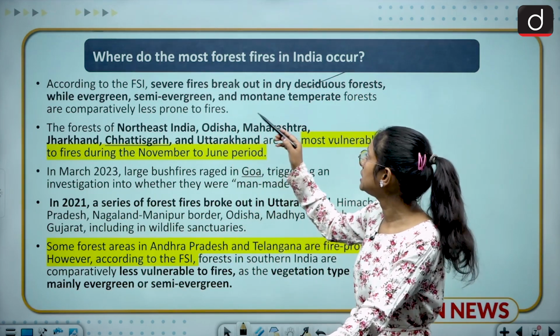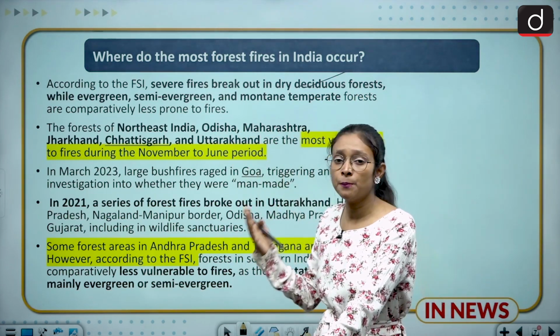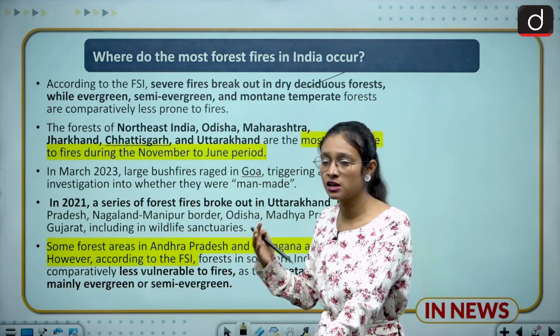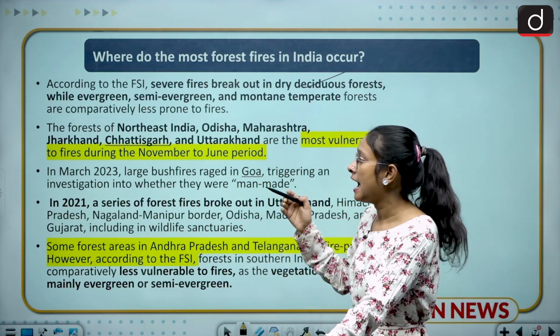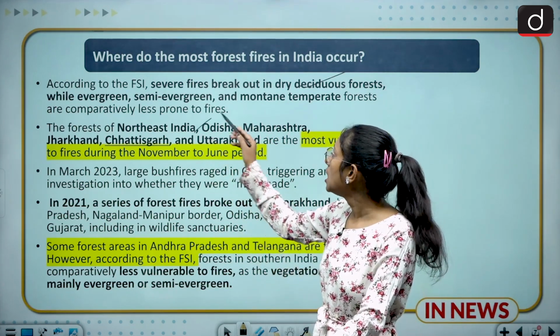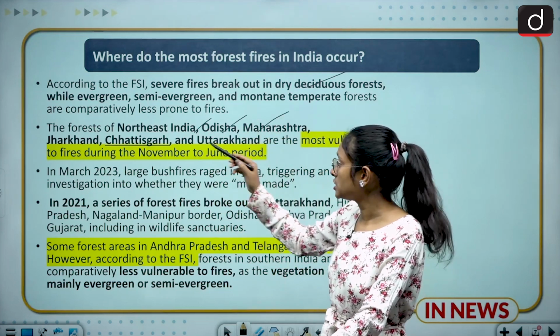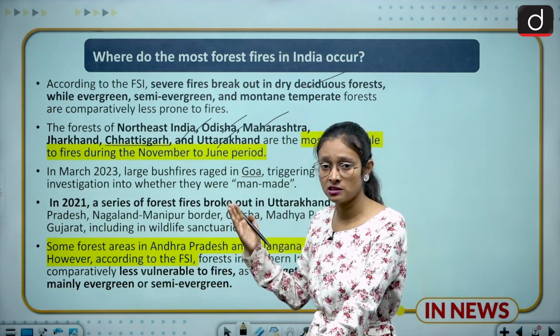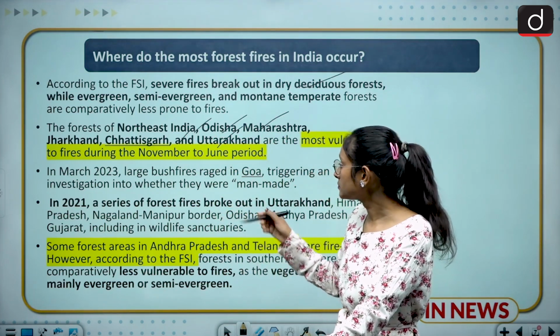Evergreen, semi-evergreen and mountain temperate forests are comparatively less prone. But when it comes to the highly vulnerable ones, it is dry deciduous. And when it comes to area-wise, Northeast India and Odisha, Maharashtra, Jharkhand, Chhattisgarh, Uttarakhand have witnessed a high amount of forest fires in their states, and Goa